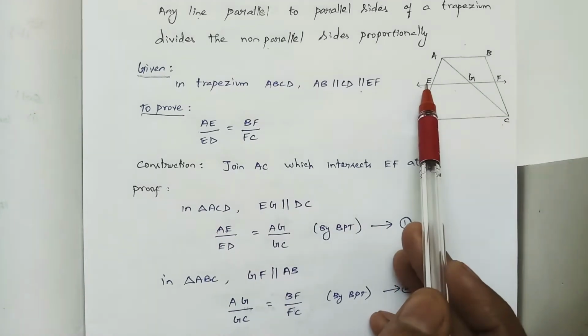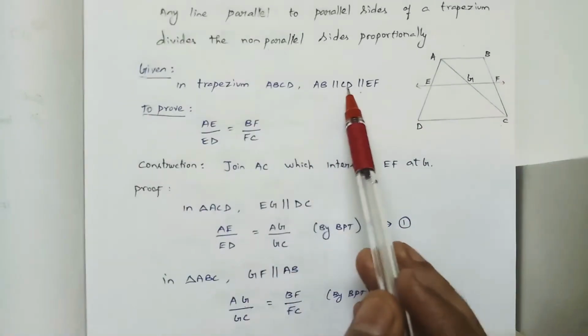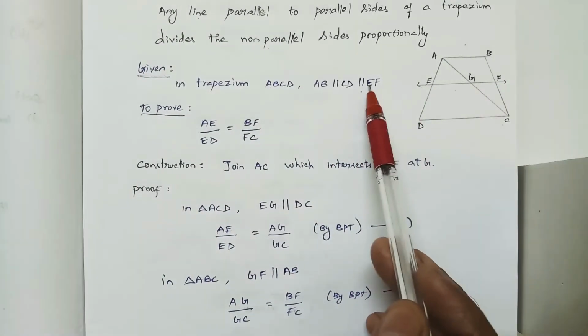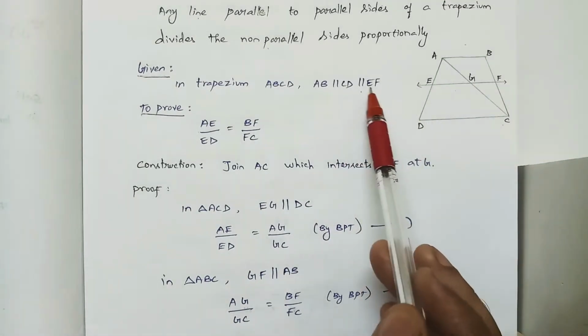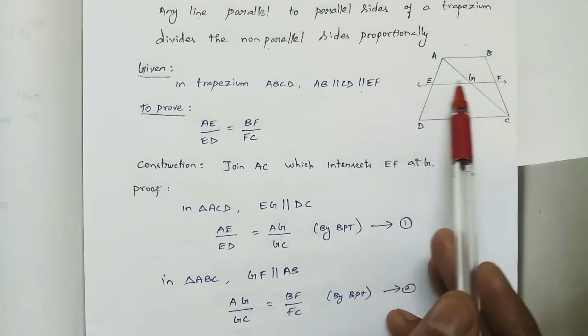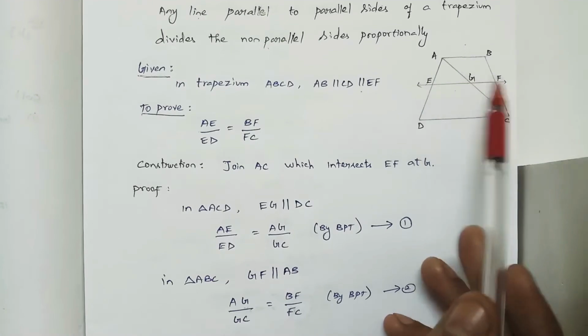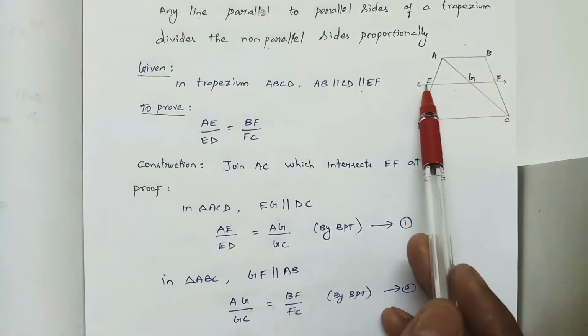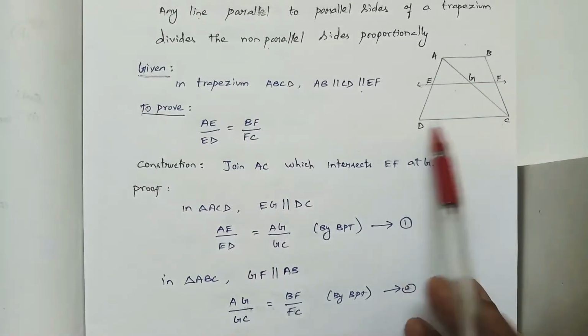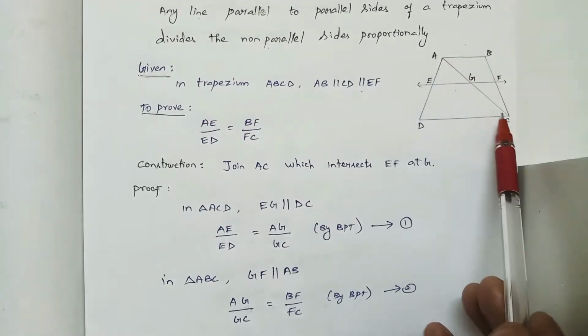Understood? We know that in the given figure, EF is parallel to CD, right? EF is parallel to CD. EG is nothing but a part of EF. Therefore, EG is also parallel to CD. So in triangle ACD,